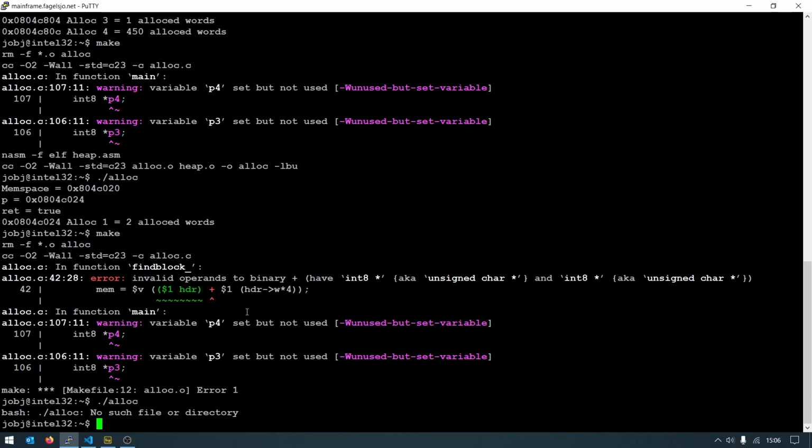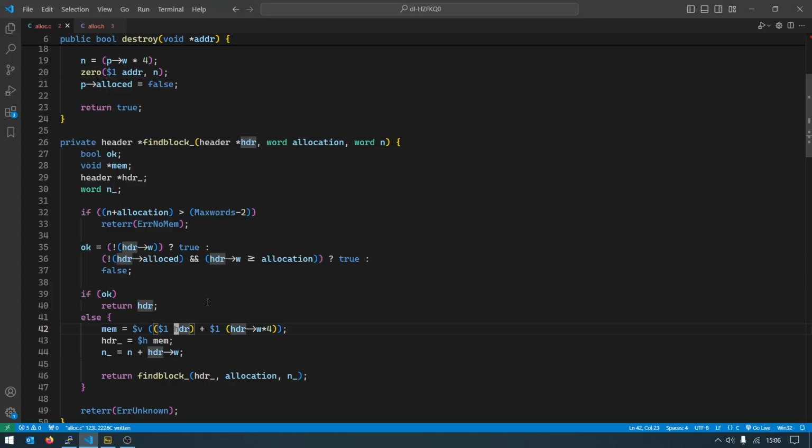That's a little bit weird. If it has 2 pointers of the same type, why shouldn't it be able to plus those together? That's pretty weird. What if we just